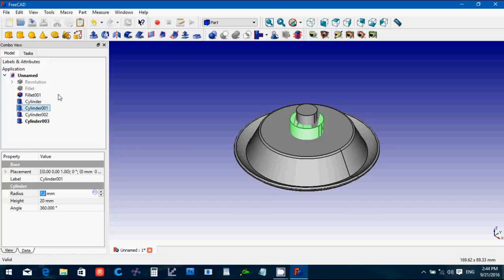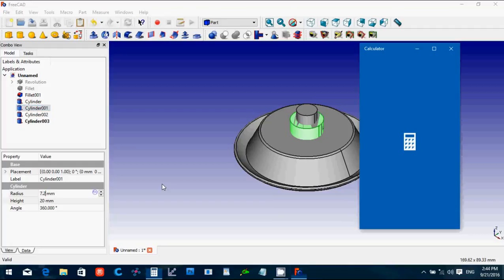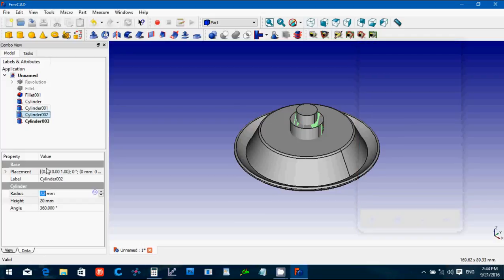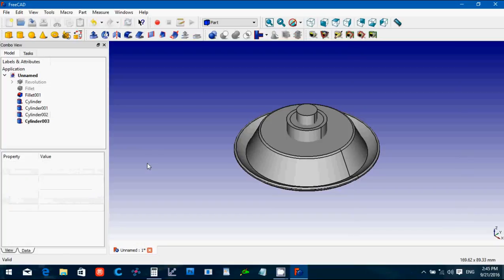So this is the tricky part. The next circle is 15.4. I'm going to cheat and use my calculator. Just copy and paste that. So the tricky part is, okay, you have certain distances that need to remain where they're at. These rings. So let's see, the next one was